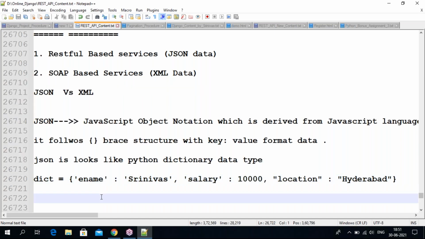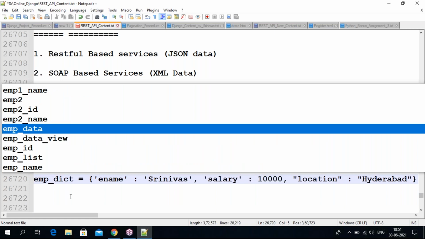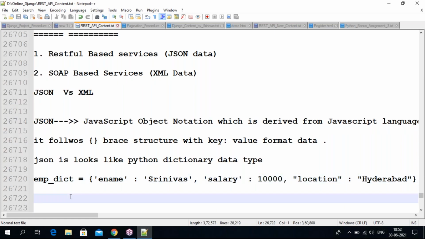This is my employee dictionary, the dictionary type data.